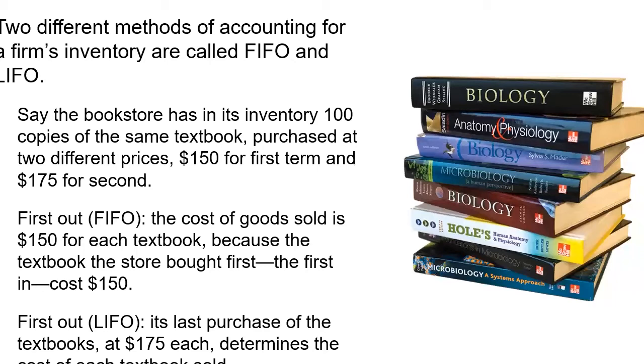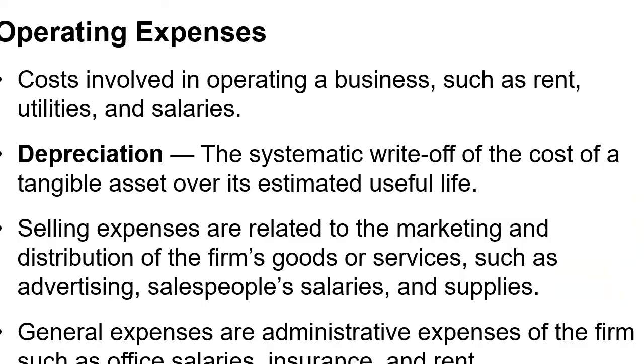You have gas and you mix it all up into a big tank. So what does it cost? This one over here costs $3 and the stuff in the bottom of the tank costs $2. So what is it? You use a weighted average between them. So you have LIFO, FIFO, and also weighted average. But for the most part, the vast majority of businesses will use a FIFO accounting method.